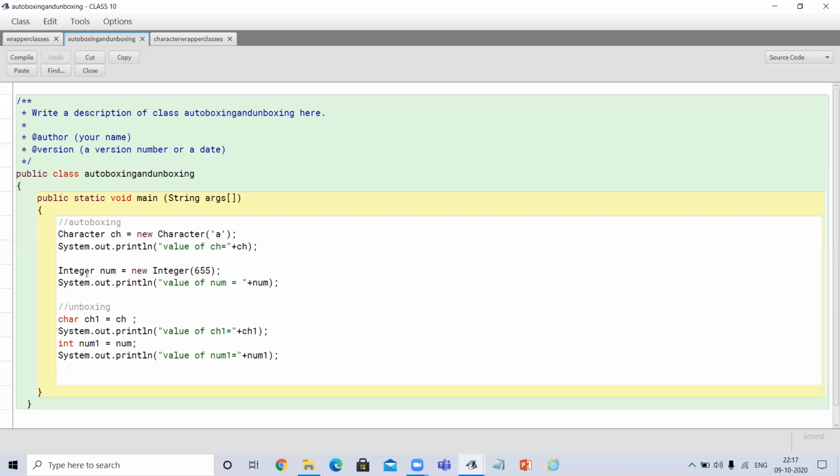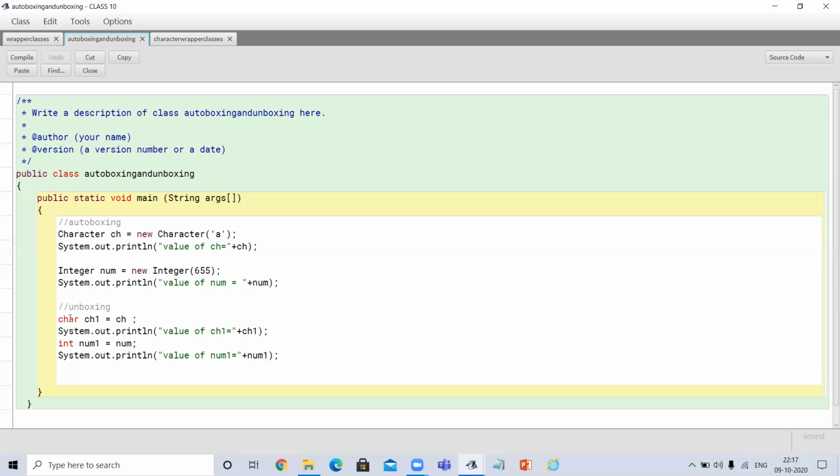In the same way, I have one wrapper class Integer, num, and in num it will store its object form value. Here we are passing an int value, 655. Now this 655 will convert into its Integer object, and we will print it.